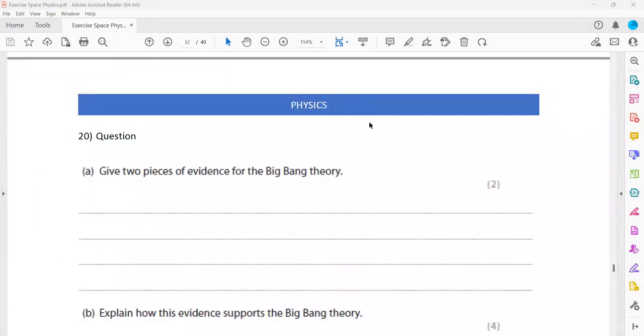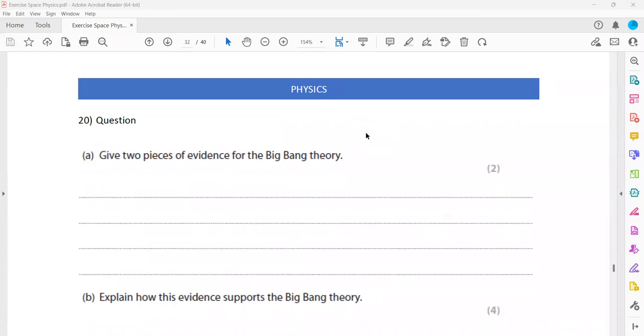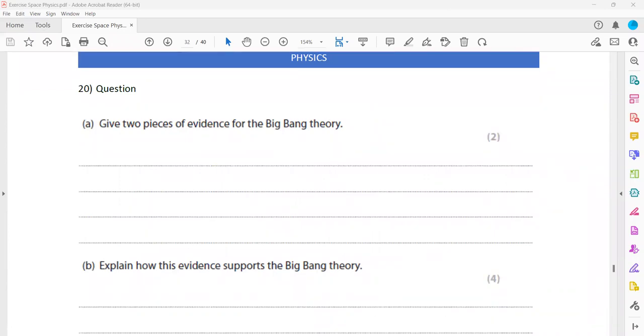So question 20 is related to giving two pieces of evidence for the Big Bang theory. What are the evidence? Red shift is being experienced. Red shift is being experienced of what? You have to mention